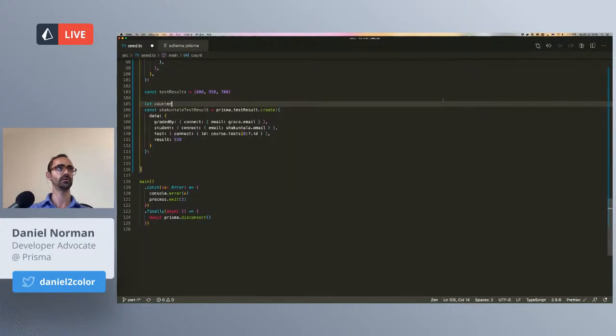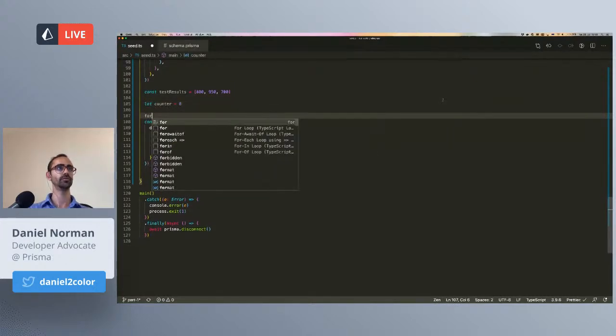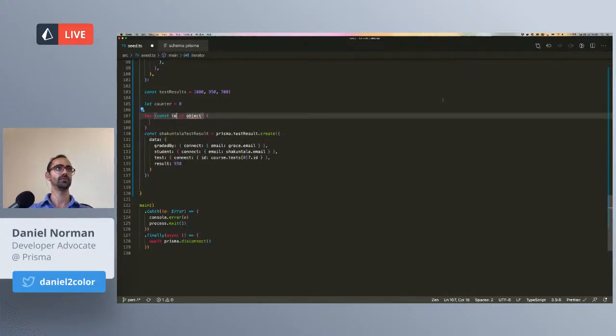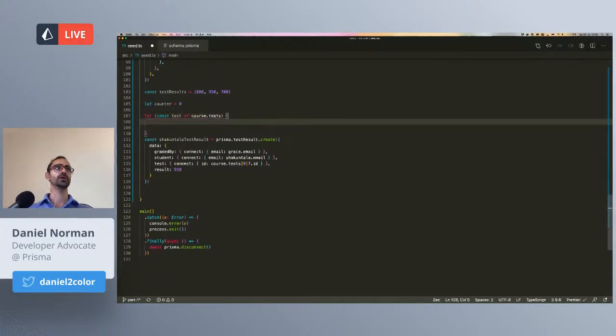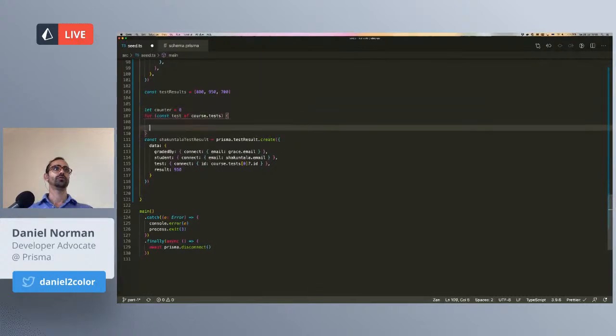So let counter equals 0, and then we'll do a for of, test of course.tests. Remember, course.tests was an array, and we get that here. So counter plus plus,